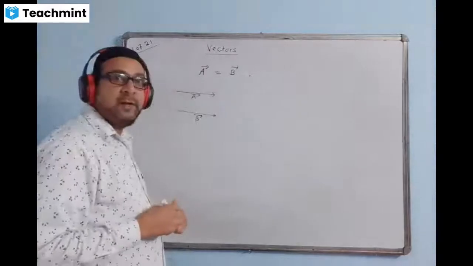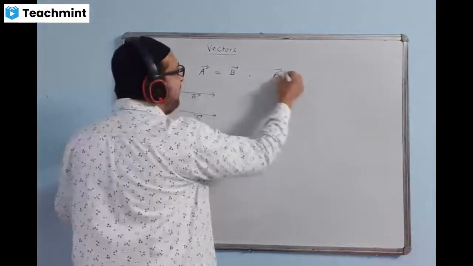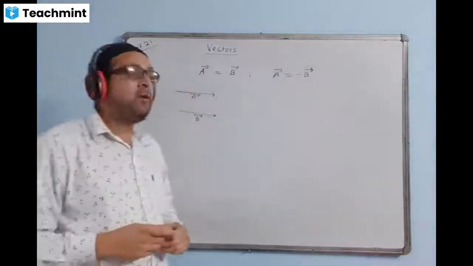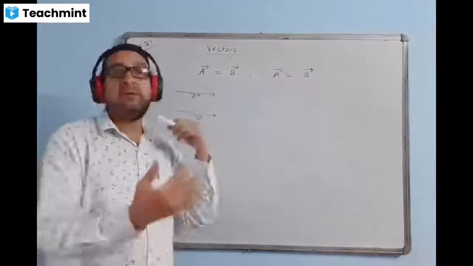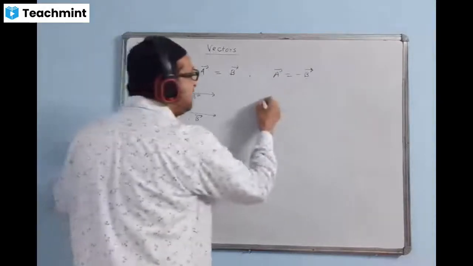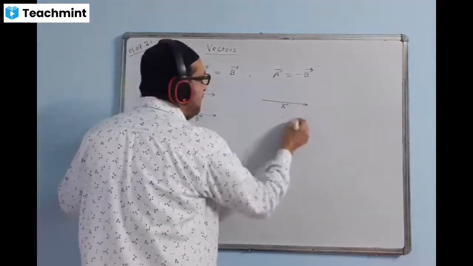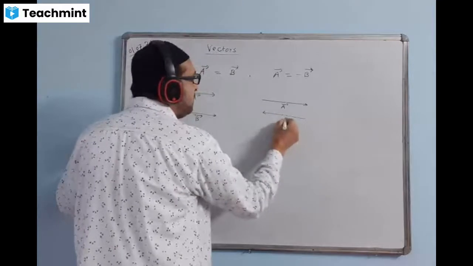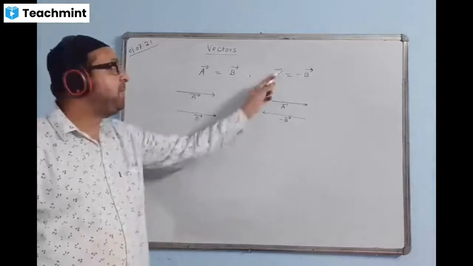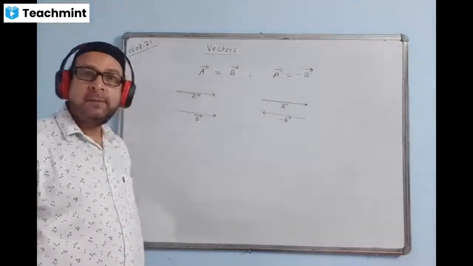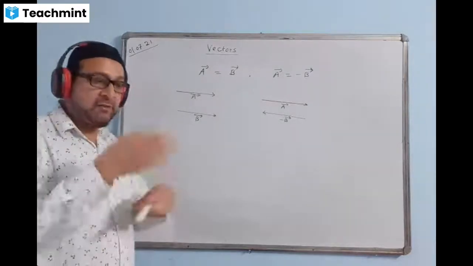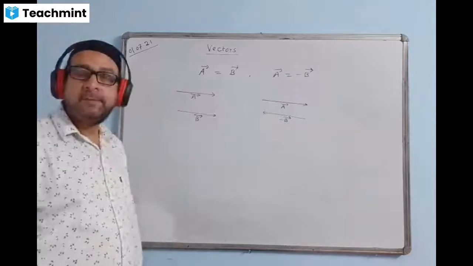What are called negative vectors? Negative vectors, suppose I write A equal to minus B, or opposite vectors. They are also called minus sign means they will be equal in magnitude but opposite in direction. If A is in this direction, then B will be having the direction opposite. Direction of B will be exactly opposite, if A and B are equal with a minus sign. The negative vector means opposite in direction. Magnitude will be the same, but the direction will be opposite to whatever is given here.